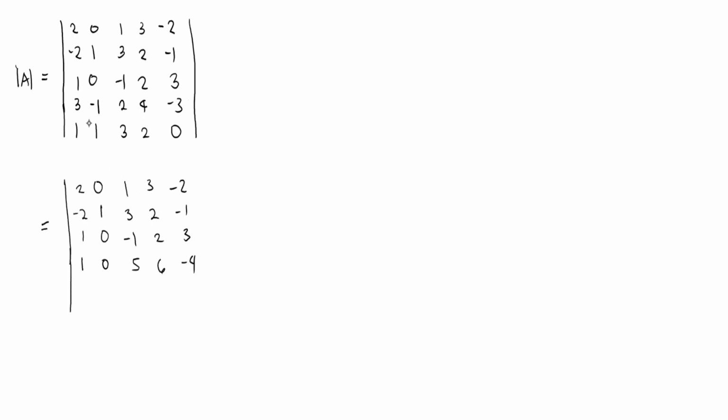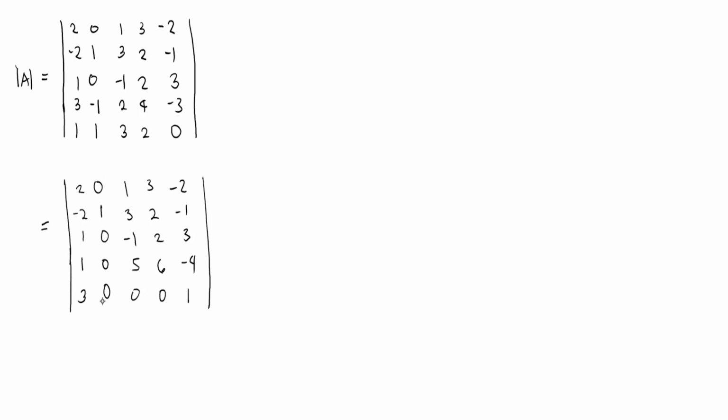Also for row 5, we will multiply this by negative 1 and then add to row 5. So this becomes positive, so that's 3. We have 0, that's negative, so that becomes 0. Negative, so that's 0. And then we have negative 1 times negative 1, so that's positive 1. Now, since we only have one entry here which is not 0 in this column, we'll do the cofactor